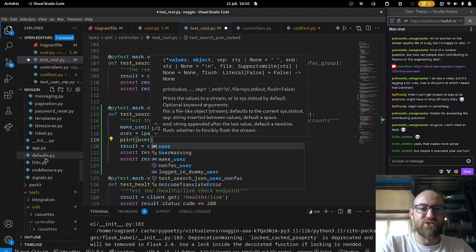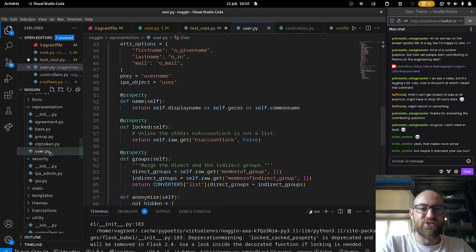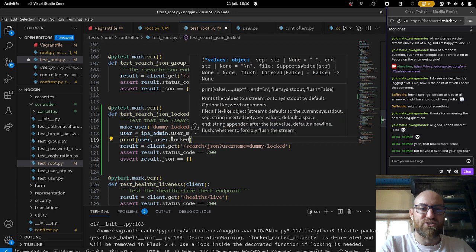Where's my user representation? User. Okay. Locked was the attribute. Let's see what that says.